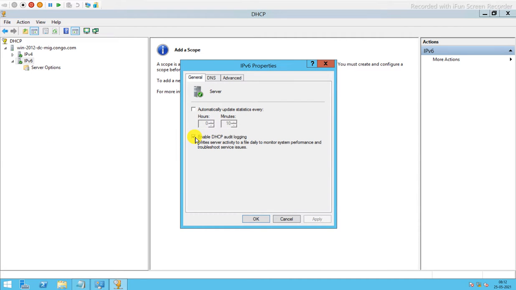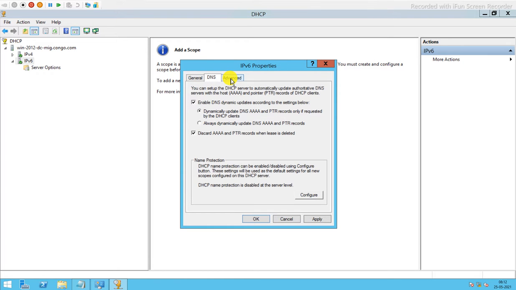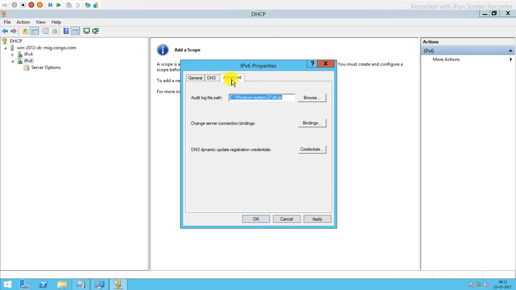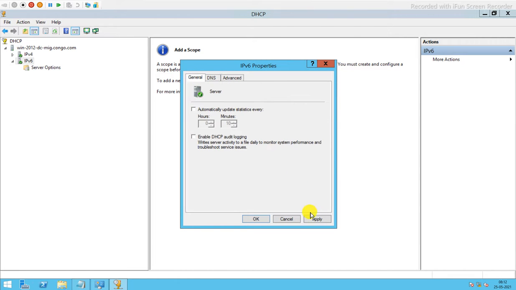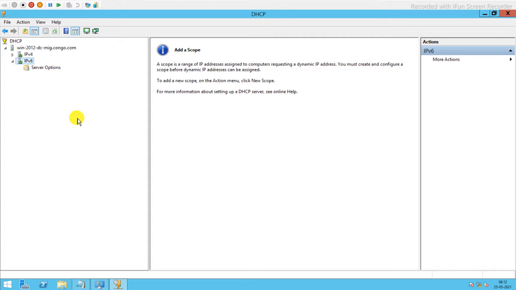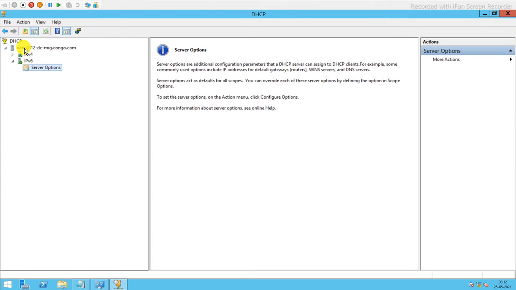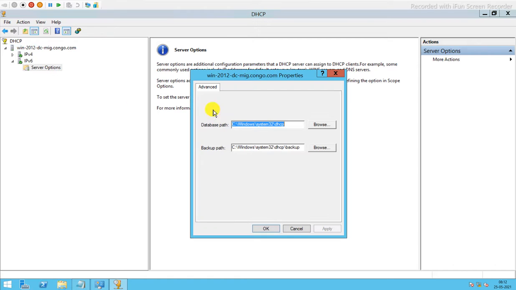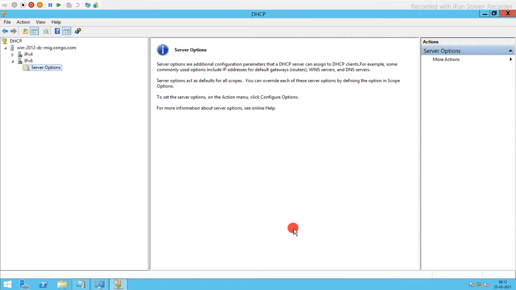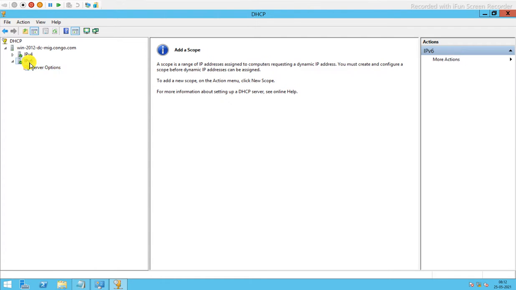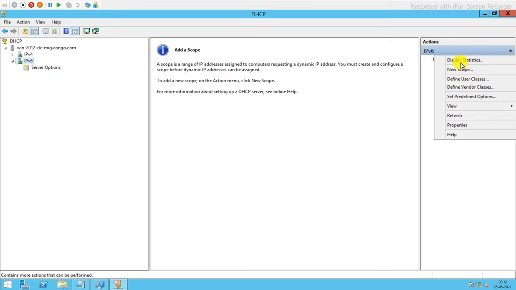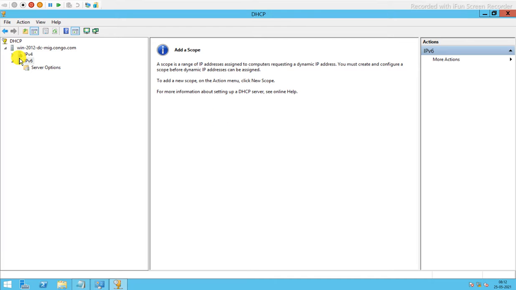Okay, not an issue. Leave it. We need to configure IPv4 first of all.